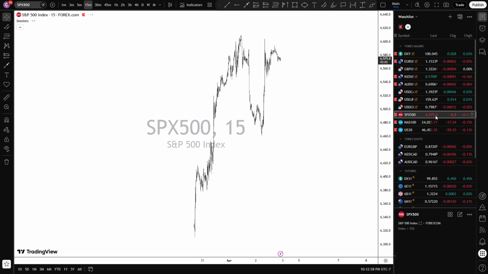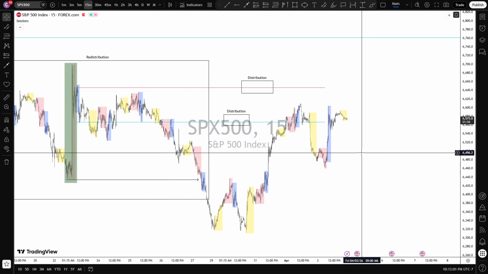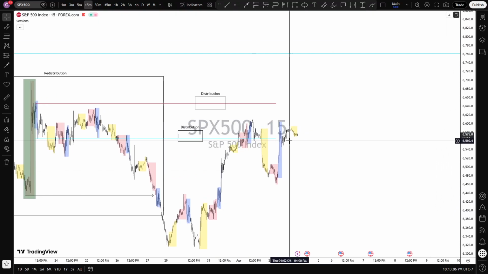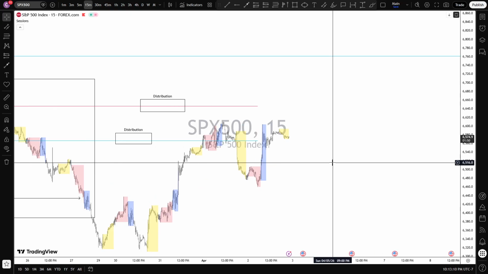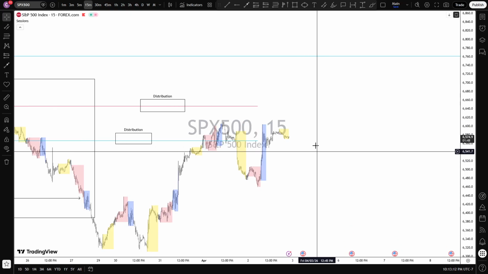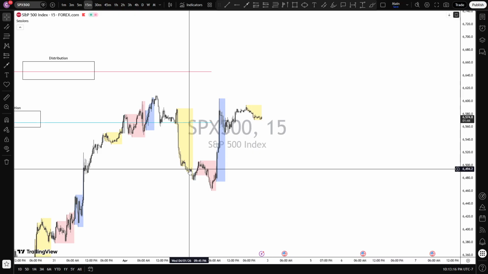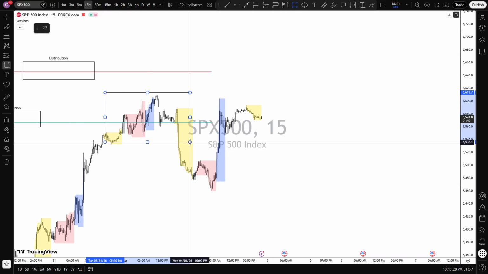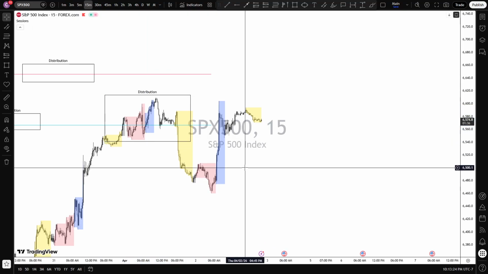And then lastly, we'll look at indices. So indices did what I wanted. It just didn't give a valid schematic for me to take. Did come into the 50%, this blue level. And then today, all it did was sweep Asia. So this is we did distribute. Now I just want to see if it redistributes.